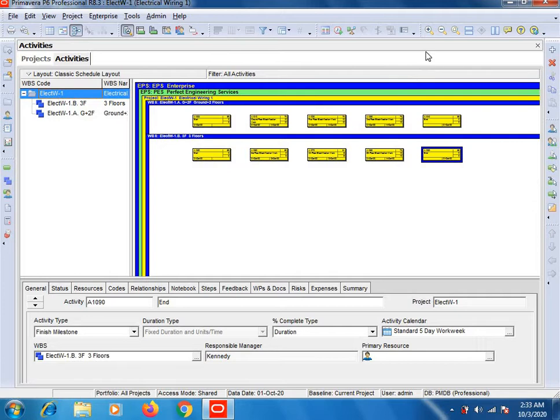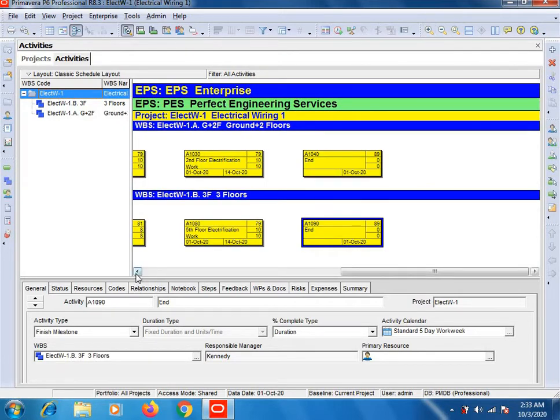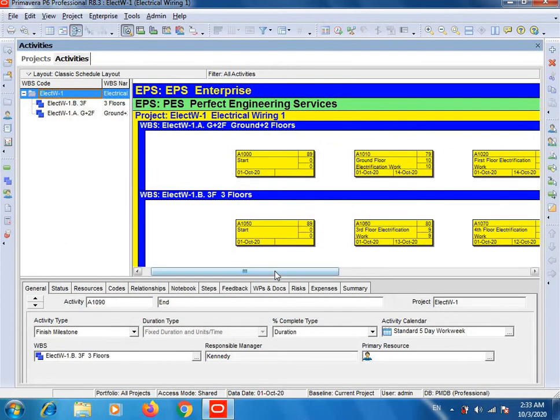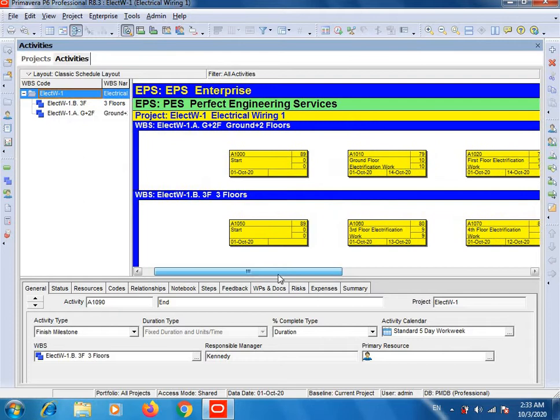So first let me zoom this so you can clearly notice. This is our first WBS, and these are the activities in yellow boxes under the first WBS, and under the second WBS these are the activities.